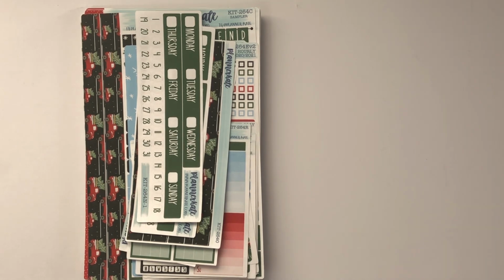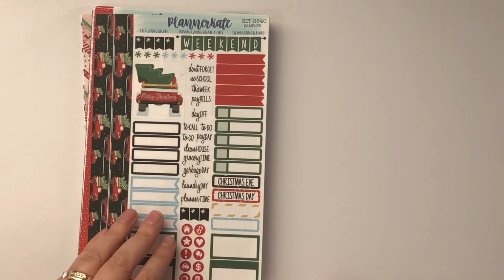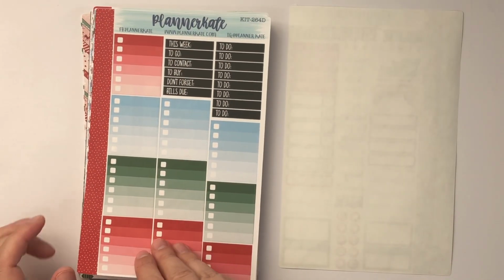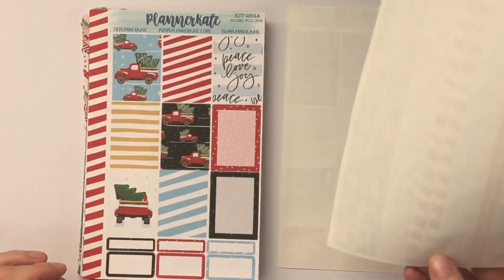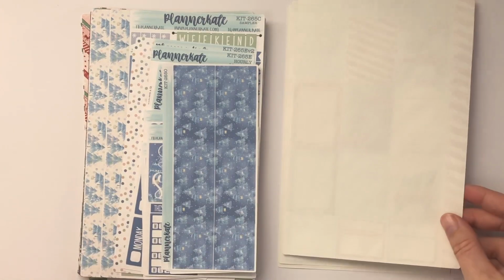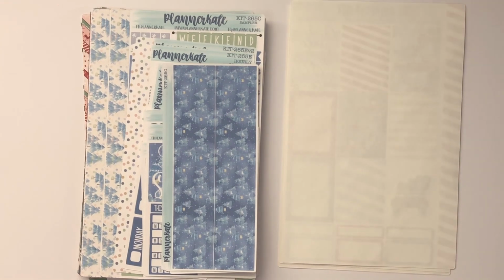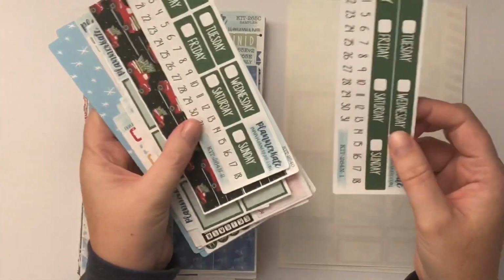264 is called Merry Christmas, Y'all, and it looks like this. This is the sampler page, and I did grab the ombre full boxes, the washi, and the full boxes, along with the matching washi and the add-ons. So this might seem a little bit excessive, and it is, but I'm having a little bit